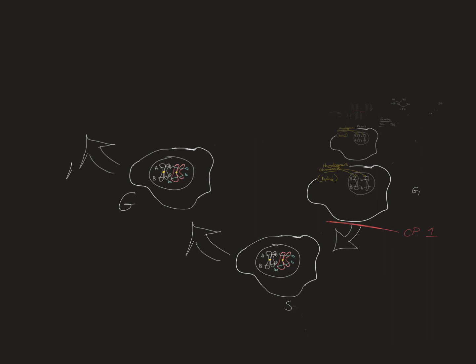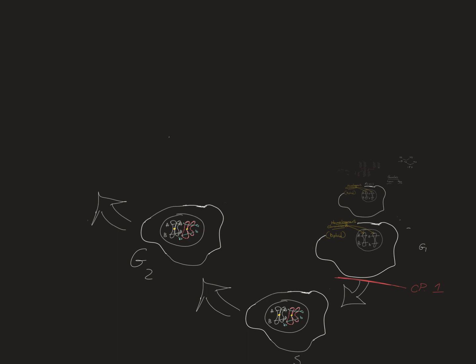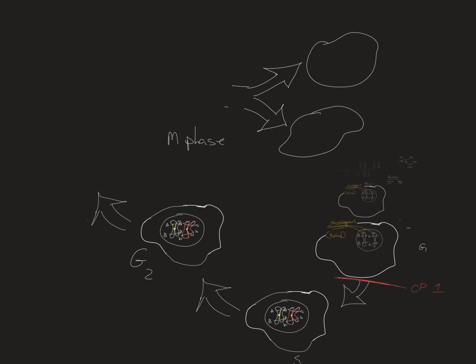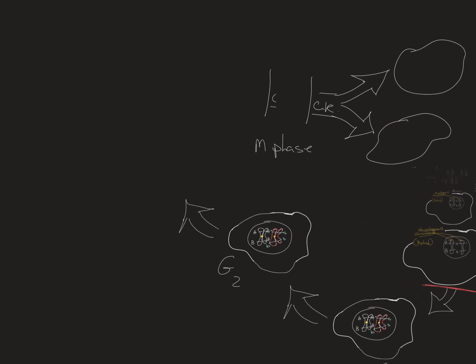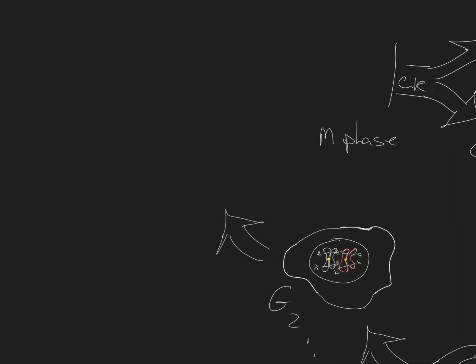Okay, so then it goes on to the next. This is G2. So you have this thing. It looks like this in G2. Now we're into M phase, correct? Now there's going to be a point in M phase where we end up with two cells. All right, that's called cytokinesis. That's part of M phase. But now we're going to look at meiosis. And in meiosis, which is part of M phase, you have